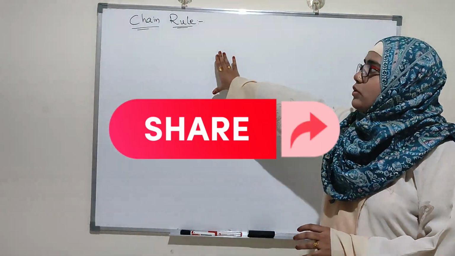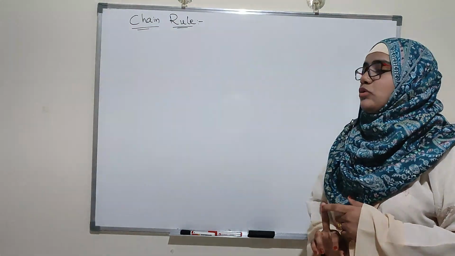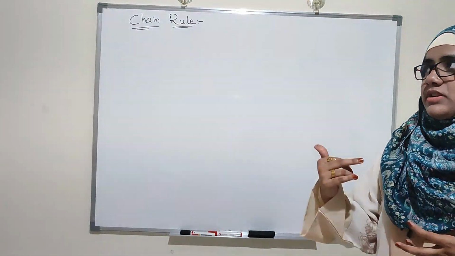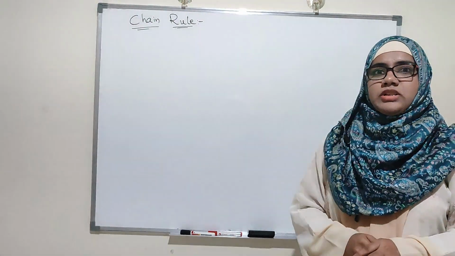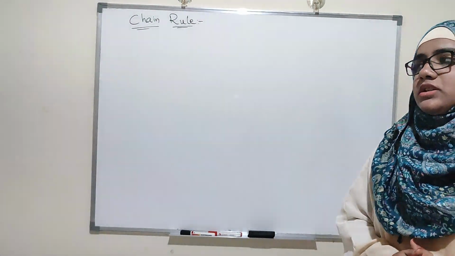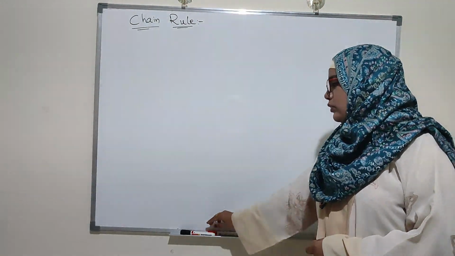Today we will discuss the chain rule in differentiation. The chain rule is a basic rule in differentiation, and we have two basic rules: one is the product rule, another one is the chain rule. The product rule is applied if we have to differentiate two functions multiplied together, and we can write the product rule as,